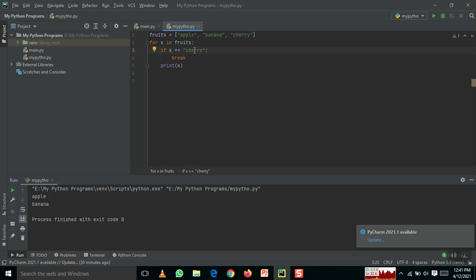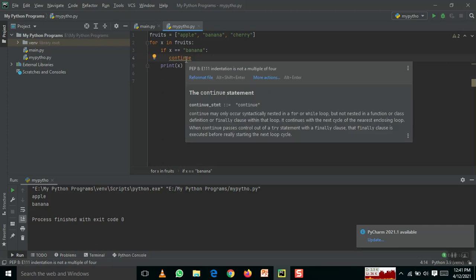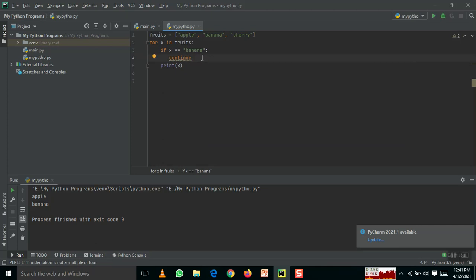Okay, if I give continue, I will go with banana. Instead of break, you see the difference between break and continue. When I give break, it will come out, right?